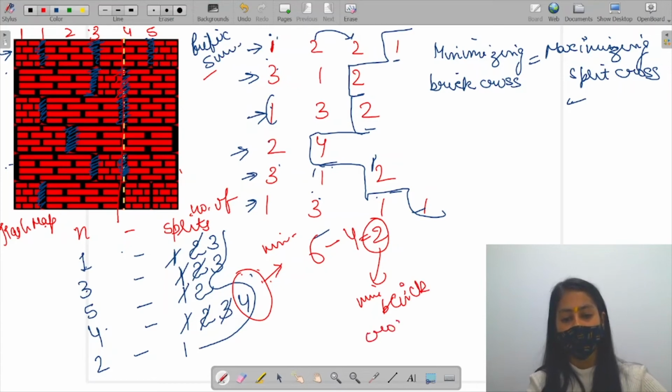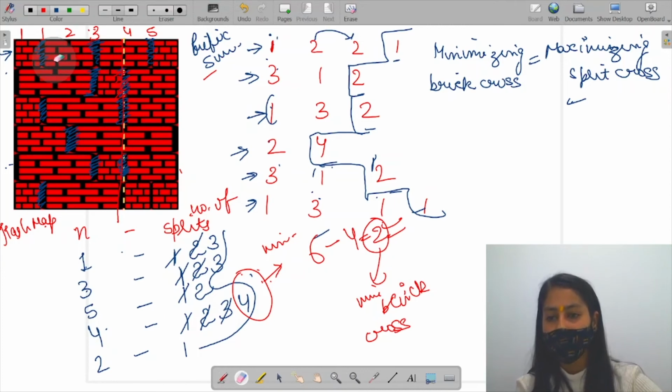Brick rows, that is 2. So 2 will be your answer. Now you can verify from here